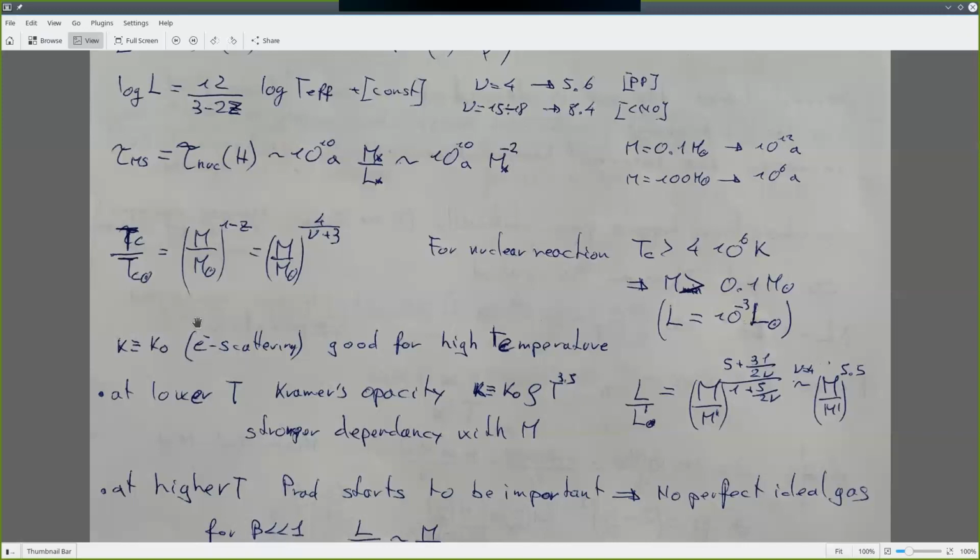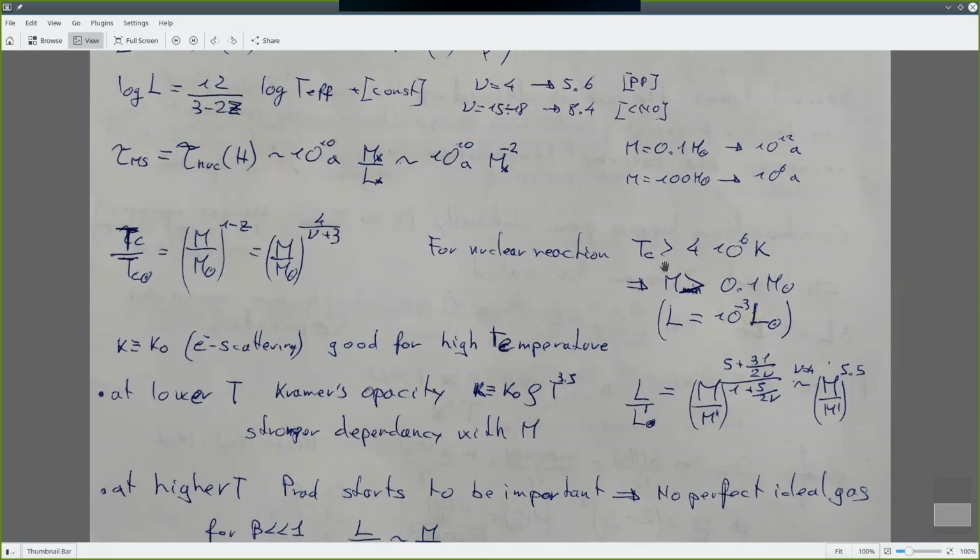So we can take the value of the sun as the other value, and so we can have a nice calculation. We have this relation for the central temperature between the temperature and the mass, and knowing that